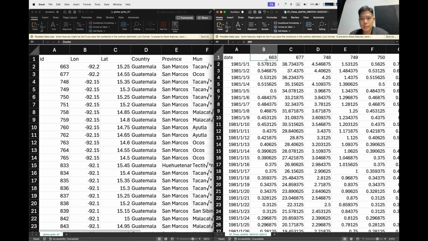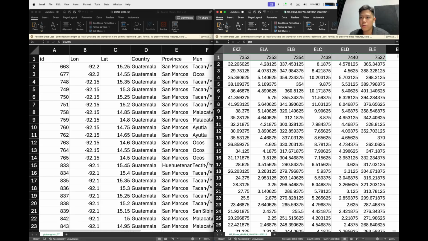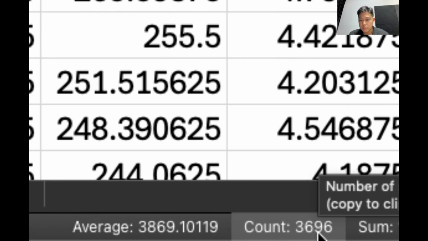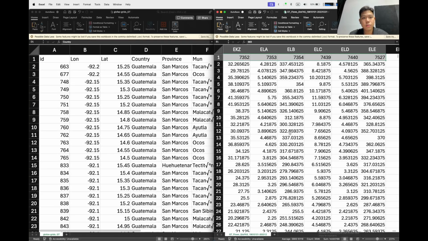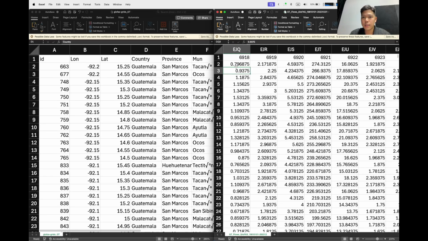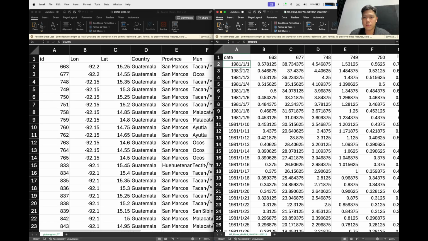And in here we have starting from the B to ELE. So there are 3,696 columns. So they match. So we have 3,600 something grids data. And from the date of first day of 1981 to,